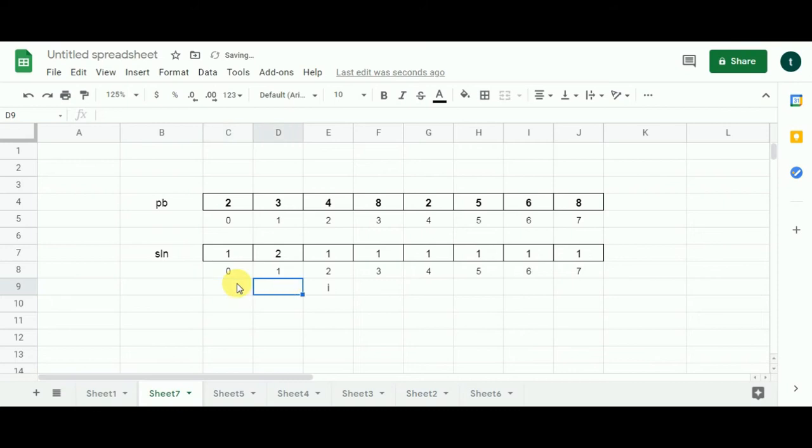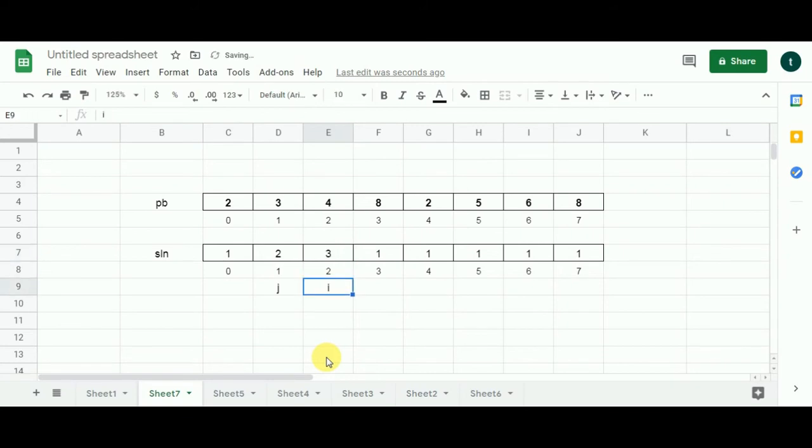j moves one cell to the right. Now j represents 3. Let's check if these two integers meet our condition. So 4 is greater than 3. First condition is satisfied, and you see 3 is odd and 4 is even. So the second component of the condition is also satisfied. So what we are going to do? We are going to add 1 to the cell of the solution array represented by j. When we add 1 to this, we get 3. Now we have another candidate over here, which is 1. So between 3 and 1, which is maximum? 3 obviously. So we are going to populate 3 over here.